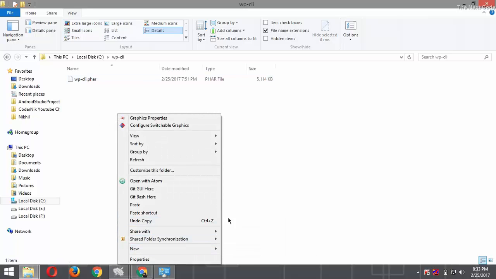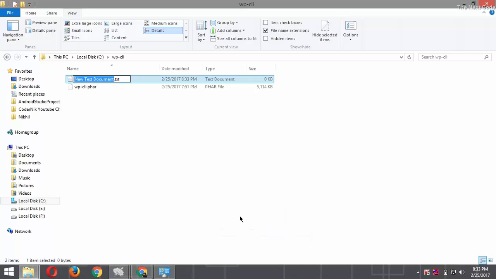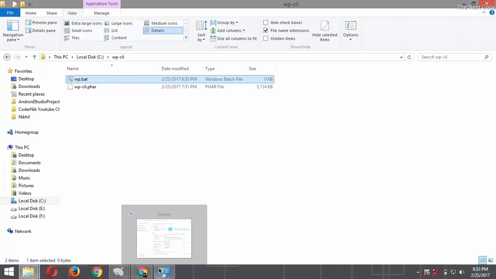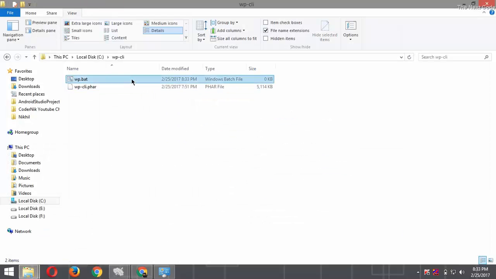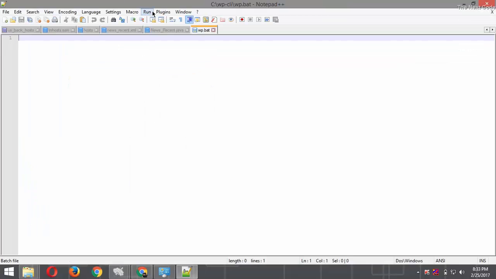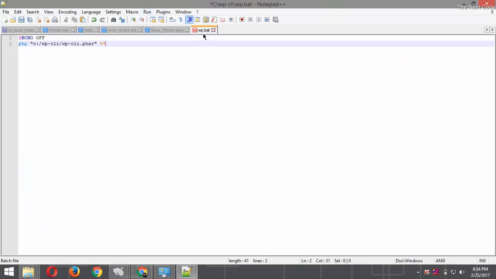Then here create a new text file and name it as wp.bat. Yeah, this is executable in command prompt. Okay, so now come to the website, then copy this text and paste this text into this file which we have created.